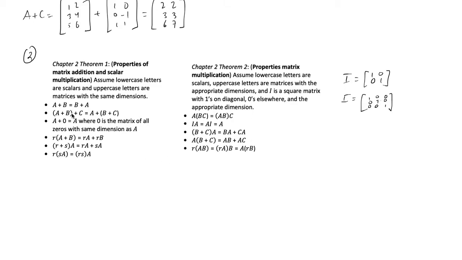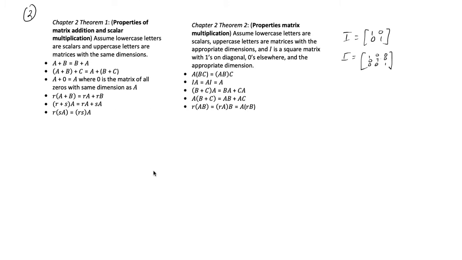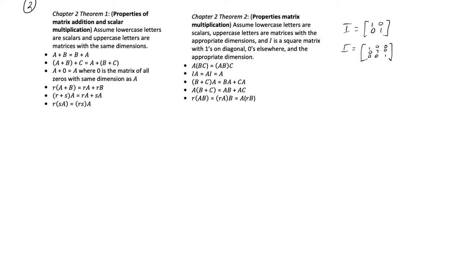Okay, so a lot of these properties are sort of properties that you would see with real numbers. So the commutative property, the associative property, adding zero, etc. And the same with properties of matrix multiplication. So what's interesting is not the properties that are true, which are these ones, but the things that are omitted from this list. In particular, the one obvious omission, if you know the different properties of real numbers, is the commutative property of multiplication,